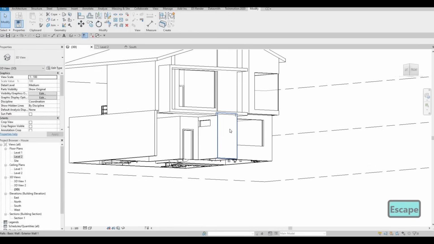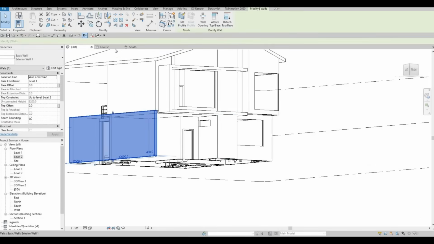And then that's the extension for the wall right here. I'm going to go to level 1